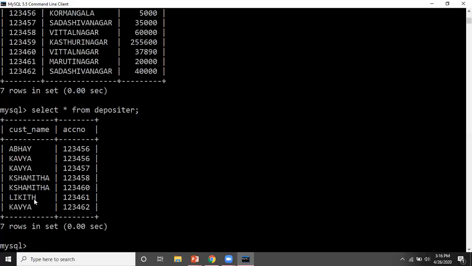When I check these two account numbers, this person is Kavya. That's why we are getting Kavya. The person has 2 account numbers. Fine. This Kavya has 2 accounts in the Sadashiv Nagar branch.